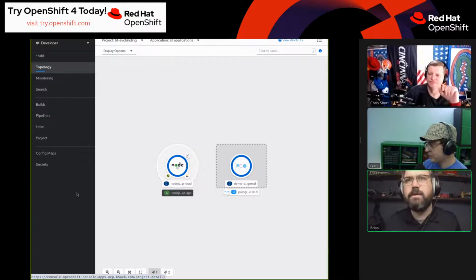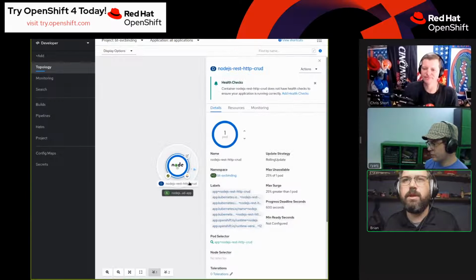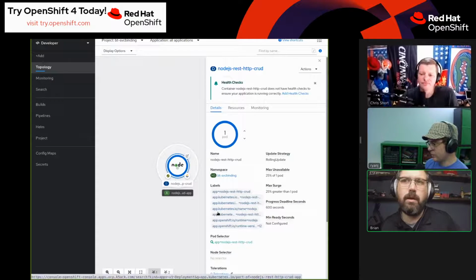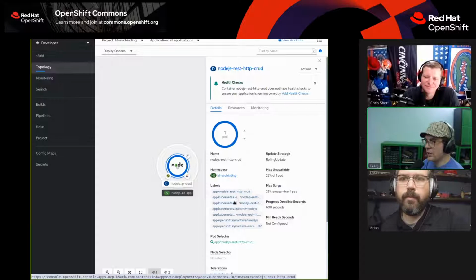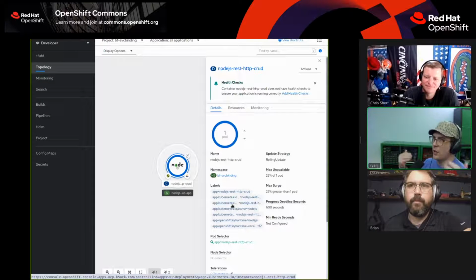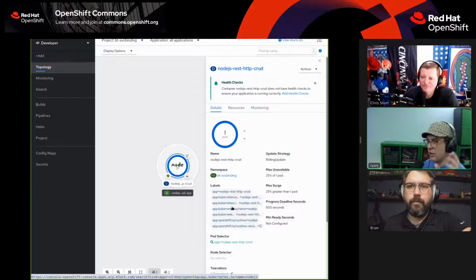I guess those labels are all labels that you would get from a regular build, right? I'm pretty sure that is most likely correct. I think anyone who's using the OpenShift provided Node.js builder will automatically get a decent amount of labels.